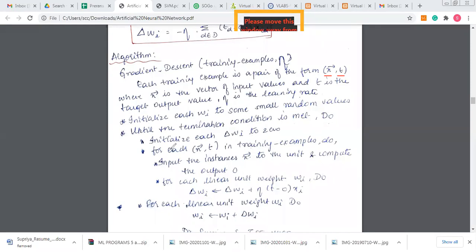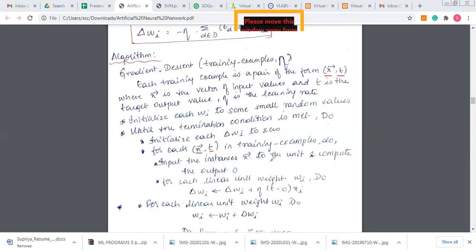How do we perform that? For each training instance X and T, we had the data point X and the corresponding target value given to us in the training examples. I take the input instance, the vector X, feed it to the unit and compute the output.